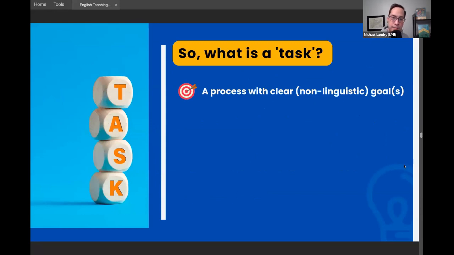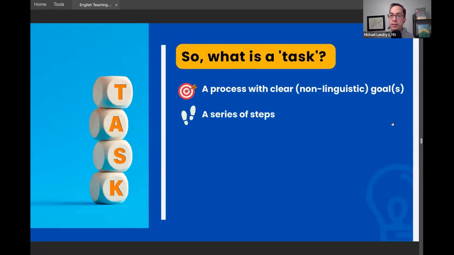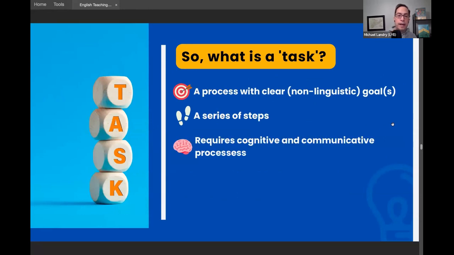But again, what separates a task from a standard activity? Well, first of all, tasks always have a clear purpose. They're not linear goals. There's a task that must be achieved, an end goal. And in order to achieve that goal, we walk the students through a series of steps. And these steps, as I said earlier, are the ones that require the cognitive and communicative processes